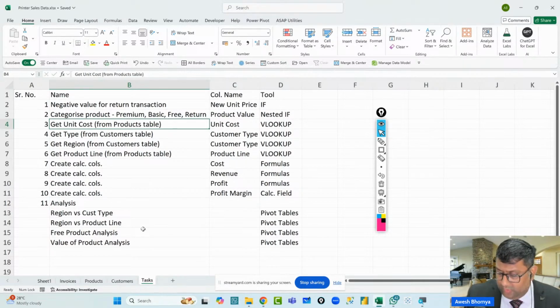In such a case, what we do is we go ahead and try to understand the region data, the customer type data, and the product line data.